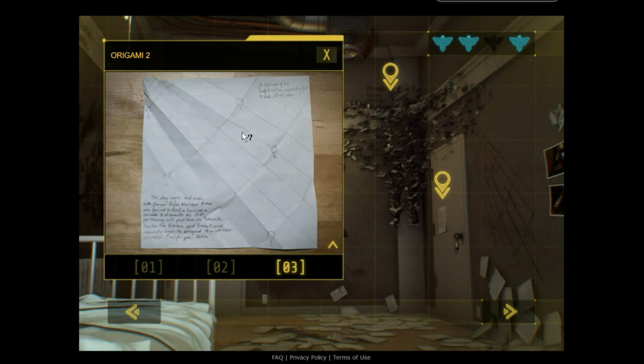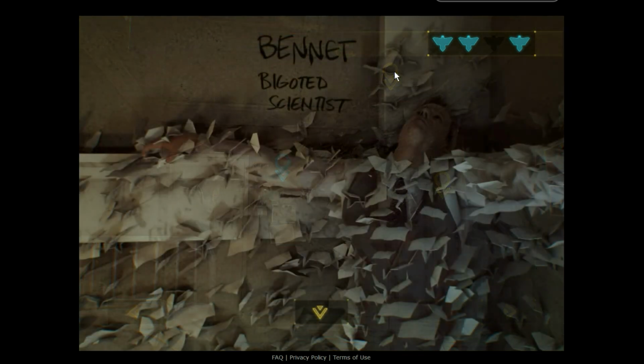And another spiderweb pattern, so okay, I think I'll be getting a lot of numbers then. Oh jeez. And that's Bennett, the bigoted scientist. Oh, right, earlier, when the guy jumped into the water, I think maybe he actually got away then. He floated on the surface in that dead GTA pose, where in other games he'd jump into the water and almost instantly die and his back would float towards the surface. He was in that pose for a split second before his body just disappeared, so I thought he just killed himself, but no, apparently he got away and